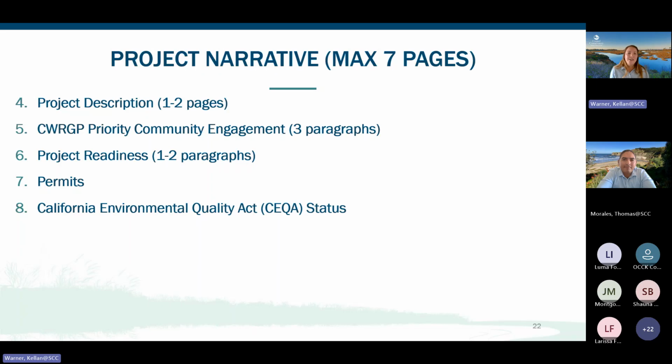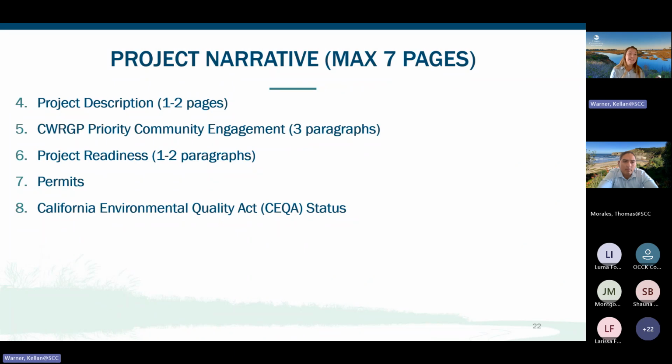Okay, 6 is project readiness. So how close is your project to being ready for implementation? And then demonstrate how that will be ready to start in the project timeline, which goes along well with 7, which is permits. So we'll have a table where you'll list permits for your project requirements, if any, and what their respective status